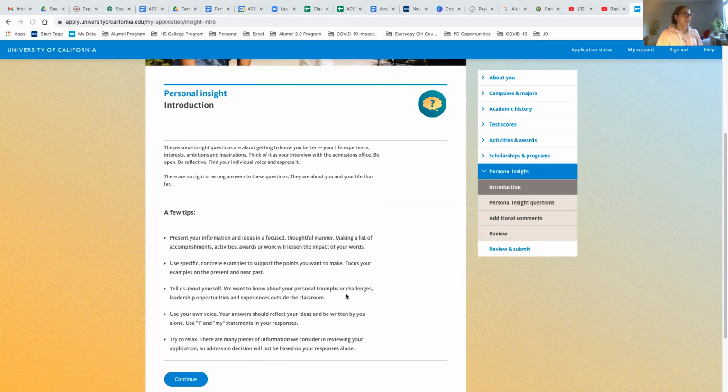So just a few tips. Again, the personal insight questions are about getting to know you better. This is one area of your application where you have control over what you want to share with the admissions committee. You can talk about your life experiences, your interests, your ambitions, and inspirations for the future. Think of it as an interview with the admission office, like someone is sitting across from you asking you these questions,